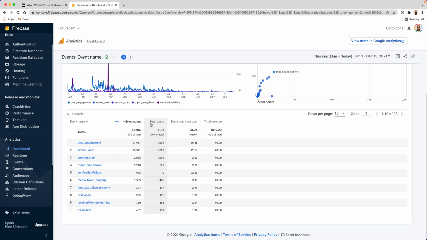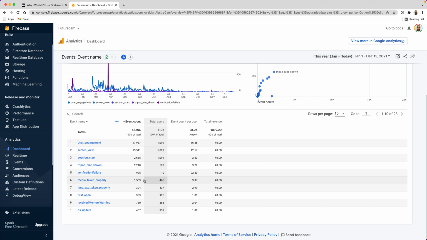Again, you can track by count or users. So for example, long exposure is again our most heavily used feature. And only 437 or 466 out of 1000, which is like half,